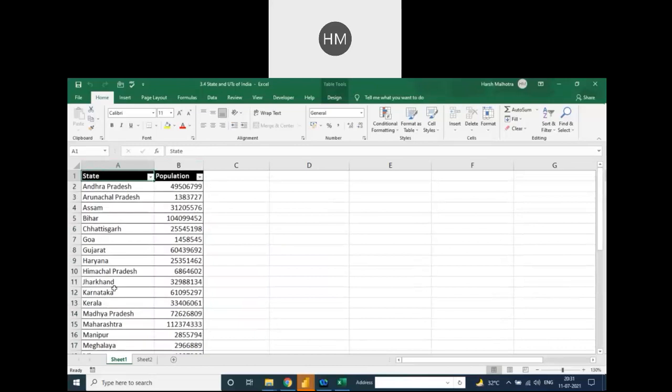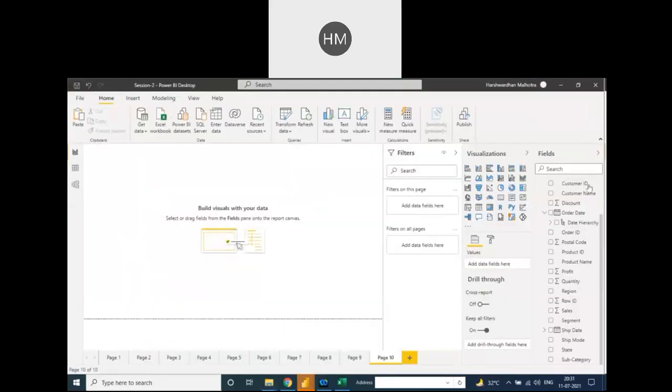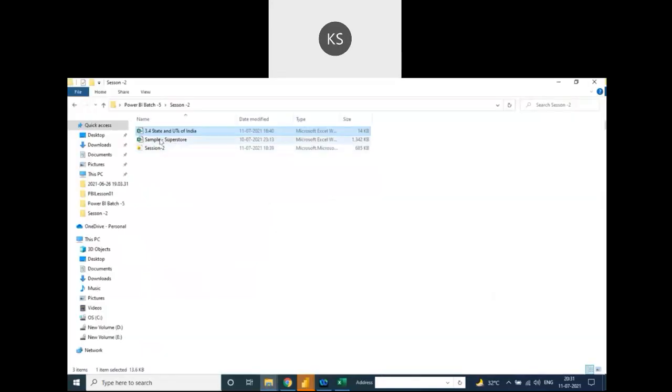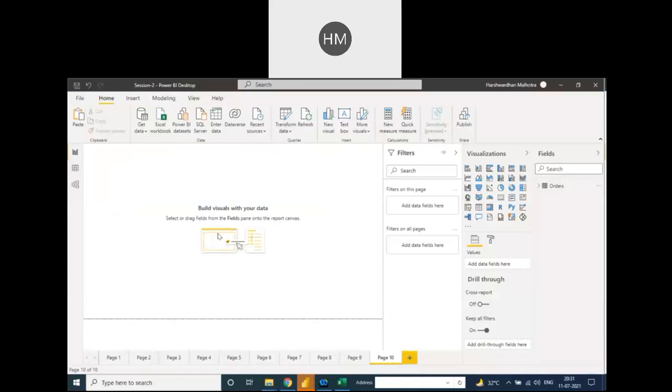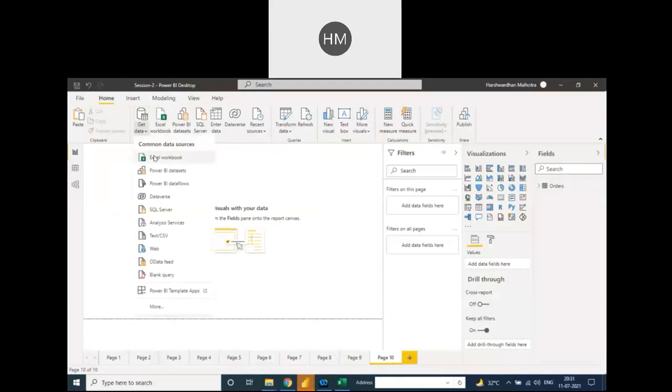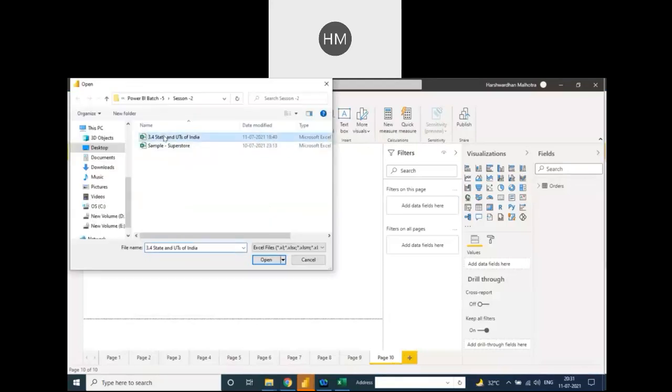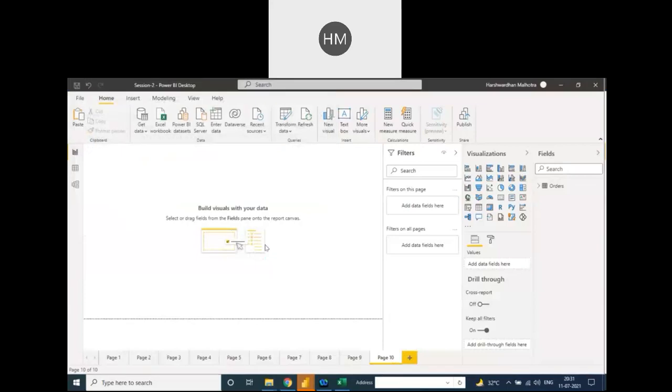First we move this Excel into Power BI, because we already have one Excel in Power BI, the sample store data. This Excel file is not in Power BI, so first we need to import it. How? Get data, select this file and open.